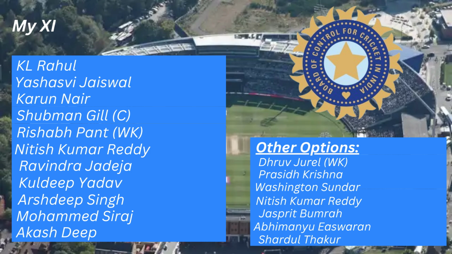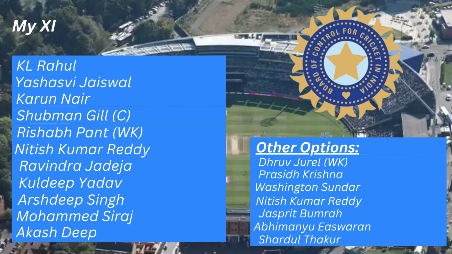And starting off on that call, the reason why I have gone with Karun Nair ahead of Sai Sudarshan is because one of them has to sit out to accommodate Nitish Kumar Reddy. People said Nitish Kumar Reddy will play ahead of Shardul Thakur. I agree with that, but I think he should bat in the top 6 and act as a fourth seamer, because without Bumrah, if you've got three seamers at this venue and one of them goes for runs, Siraj especially is not someone who's going to contain the runs, then you can find yourself in a problem, which is why I've gone with the fourth seamer being Nitish Kumar Reddy, who could supplement the overs of Shardul Thakur.